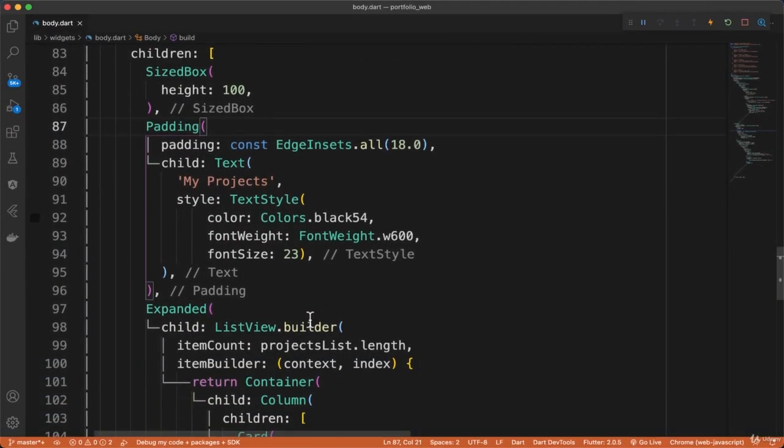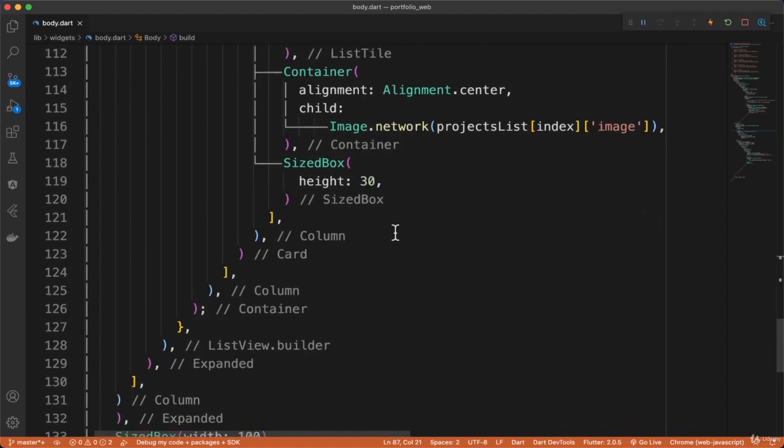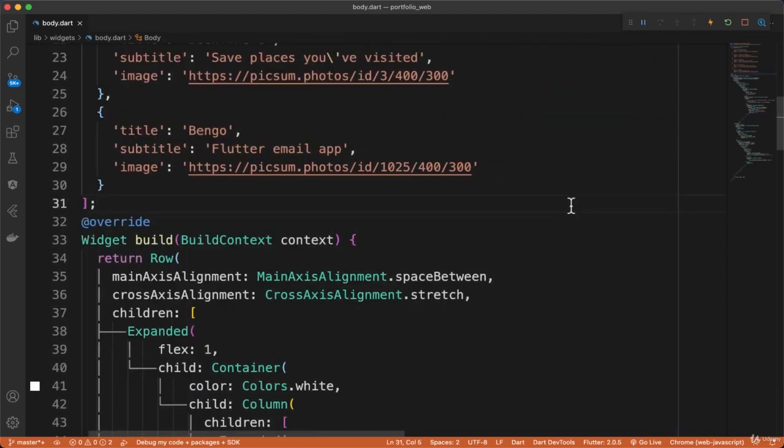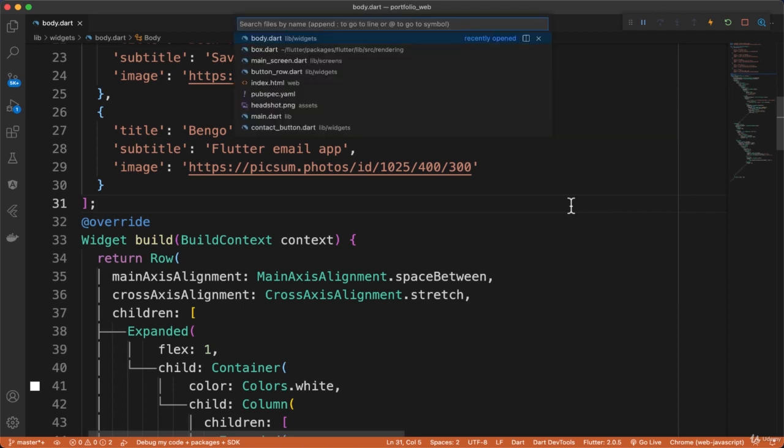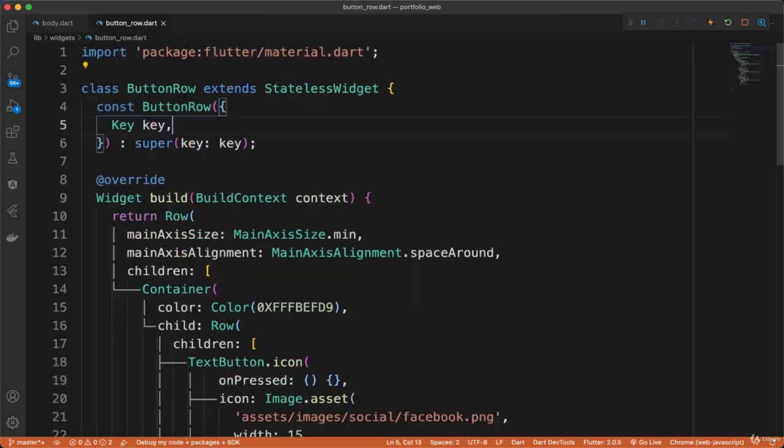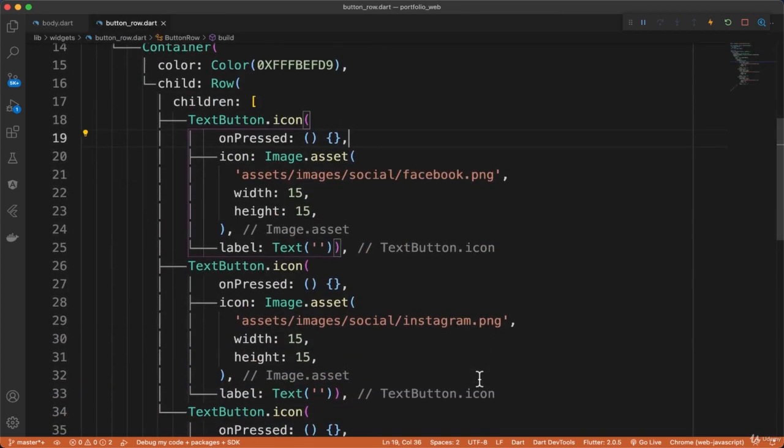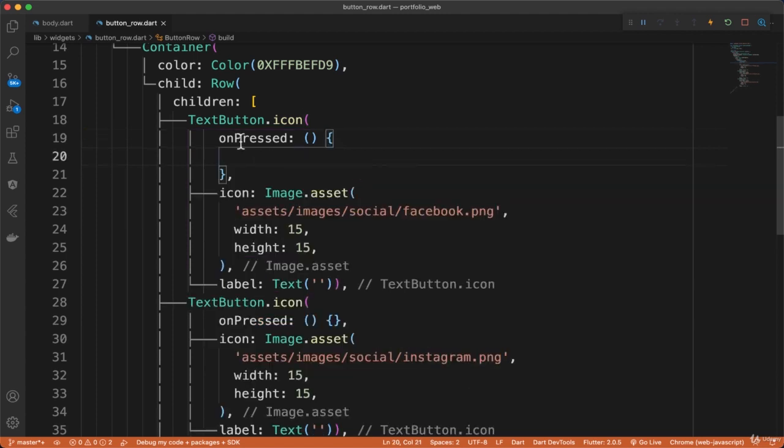Well, in order for us to make it so that when each of these buttons are clicked, let's go to where our buttons are. We'll have to go to button row. Let's say Command P to search for a certain file, Command P, that is. And then let's go to button row. So our button row, this is where we have our buttons, and we have the onPressed function we need to pass here. So in order for us to launch a URL, a website, in Flutter, we need a package,